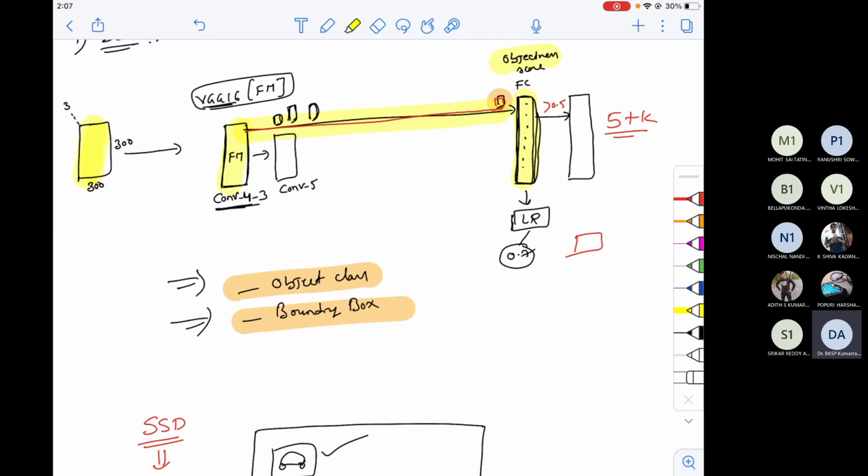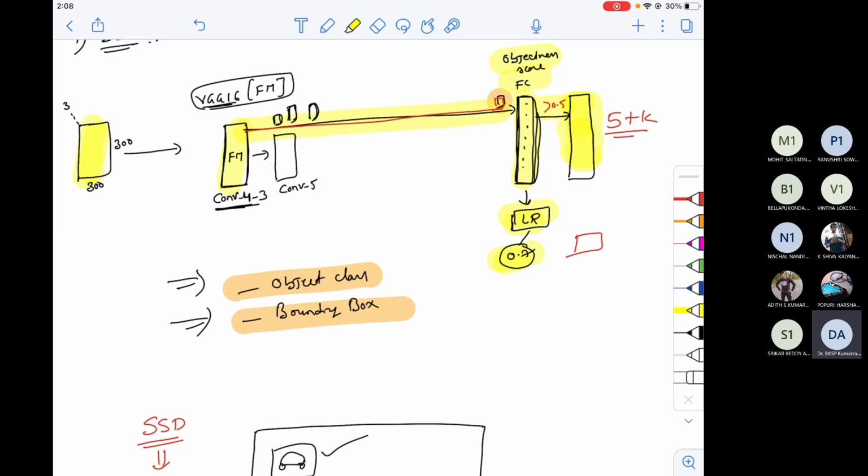The values will be passed to logistic regression, where it gives the objectness score. If that objectness score is greater than some threshold, here it's 0.5, it combines both the classification softmax distribution and the bounding box coordinates. Everything is predicted in the last layer.